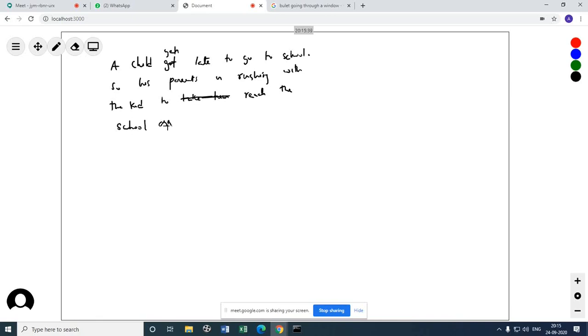Very common situation, right? If the parents give a force of 5 Newton each on the two hands of the